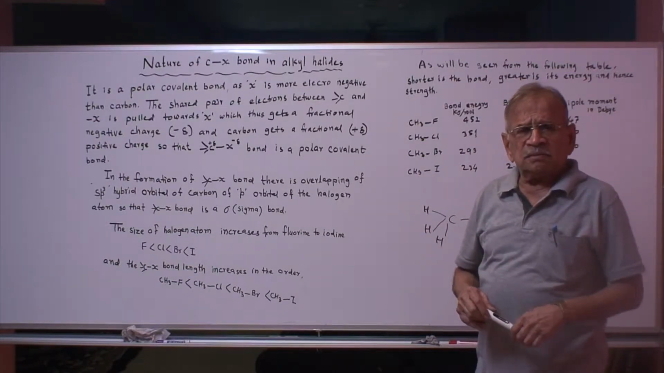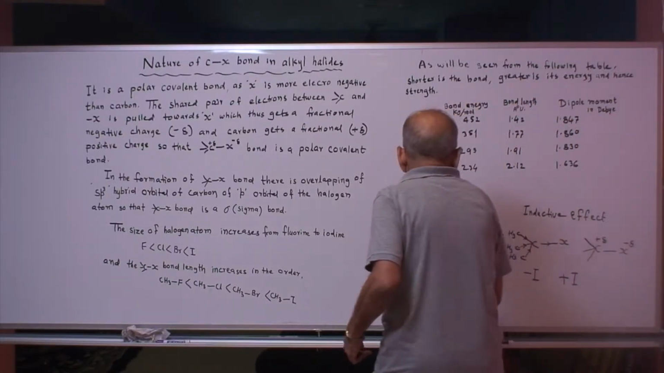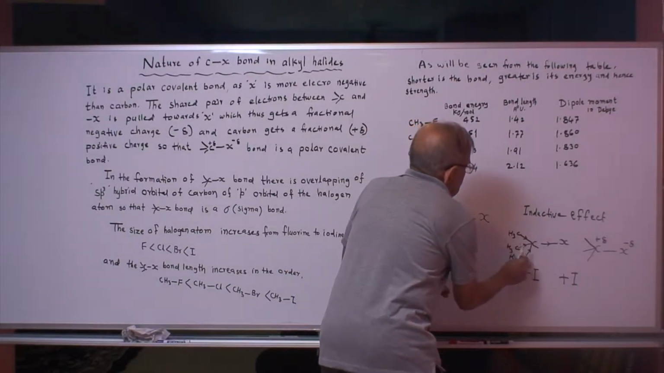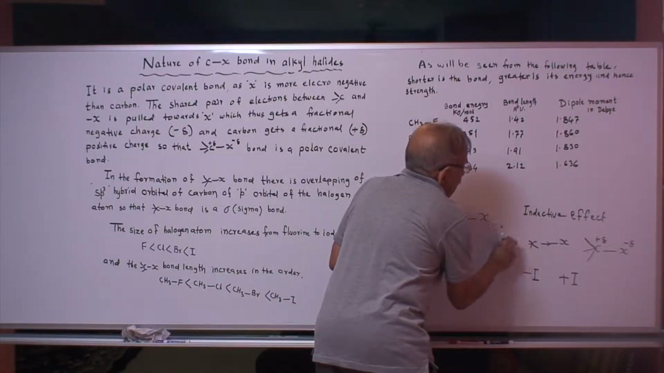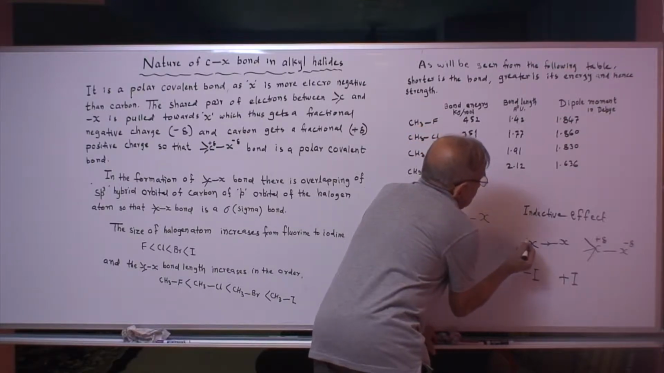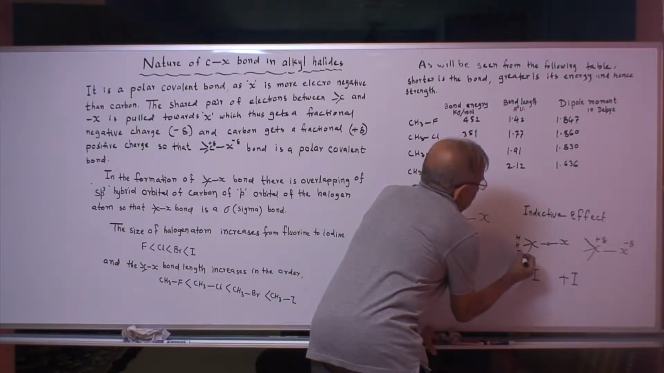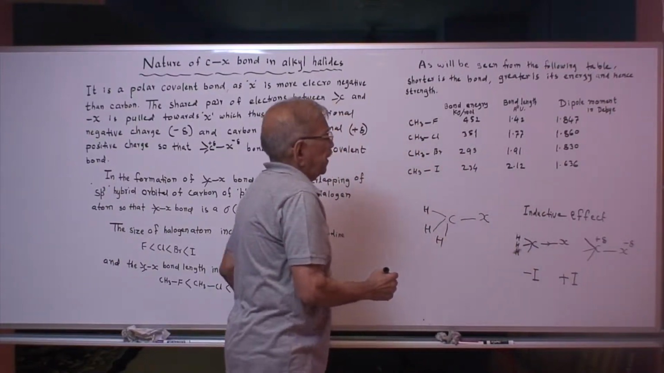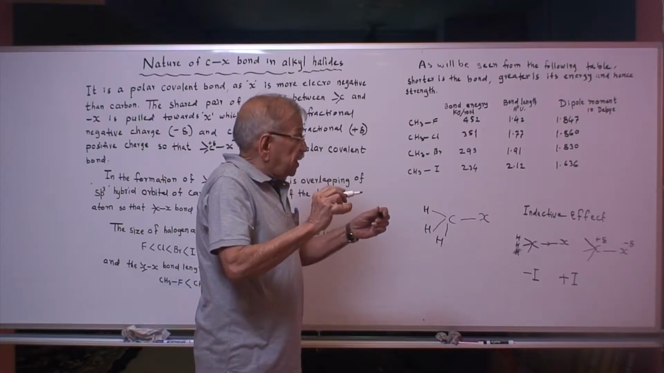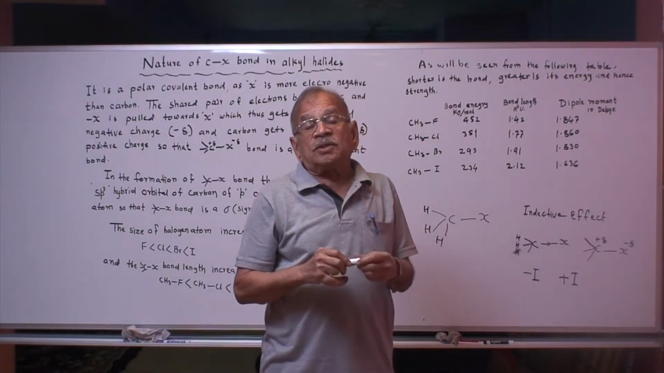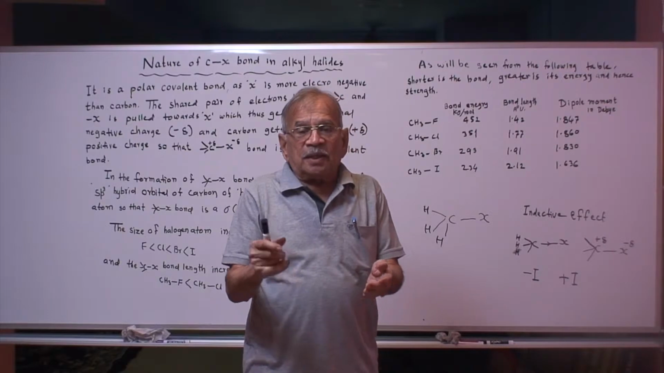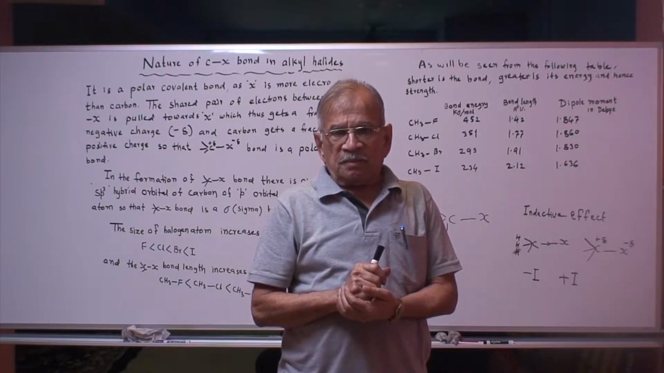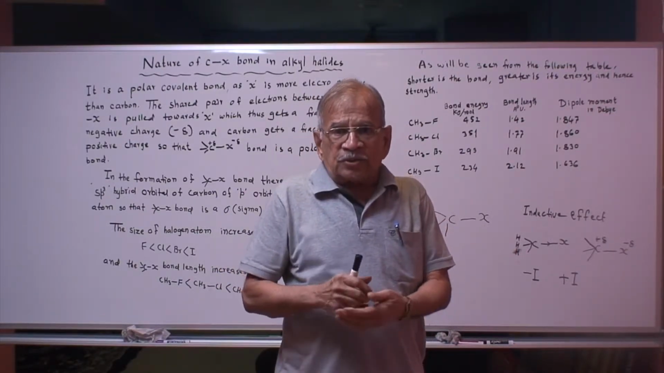So there is some difficulty if there are groups other than hydrogen, because hydrogen is impartial: it does not have a minus I effect, it does not have a plus I effect, and we can safely study the nature of the C-X bond in alkyl halides. And now you get the answer